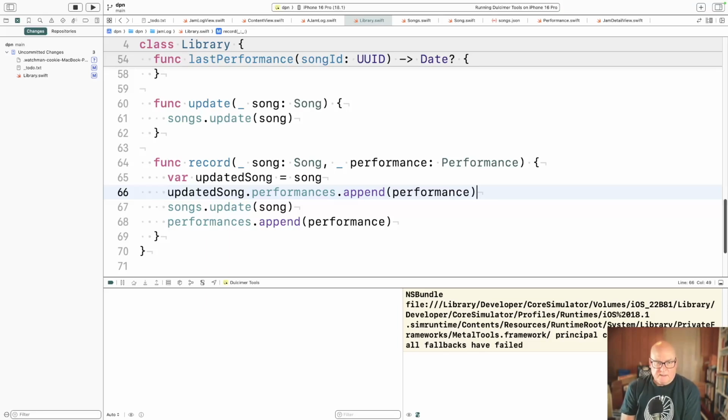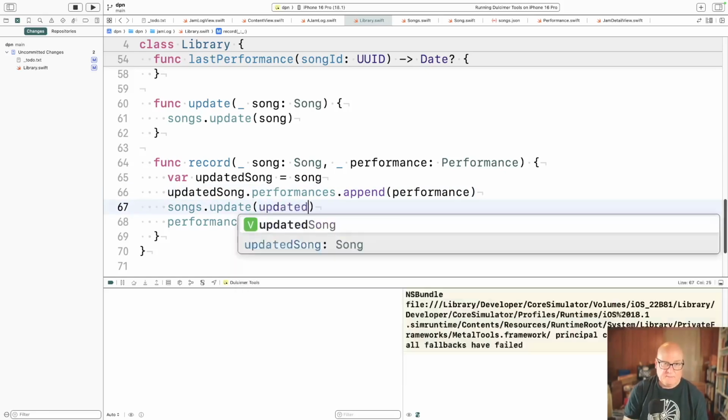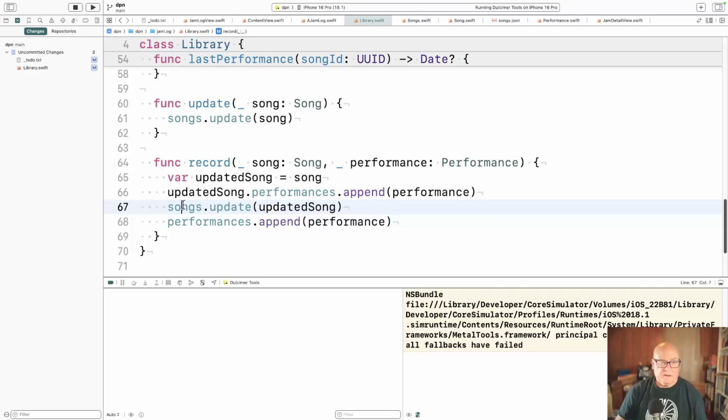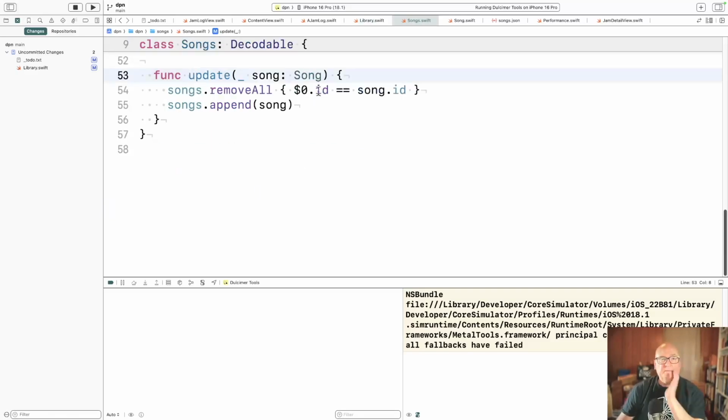Now this is sort of minimal because we already said we don't want duplicate performances and it should be sorted and all this. But I think we already have that problem, so I don't think I'm adding to the problems in my setup here. If I did this with updatedSong, now update.